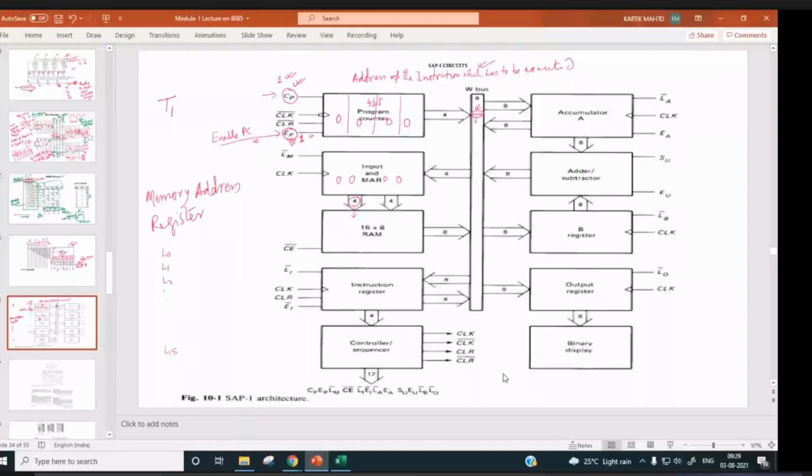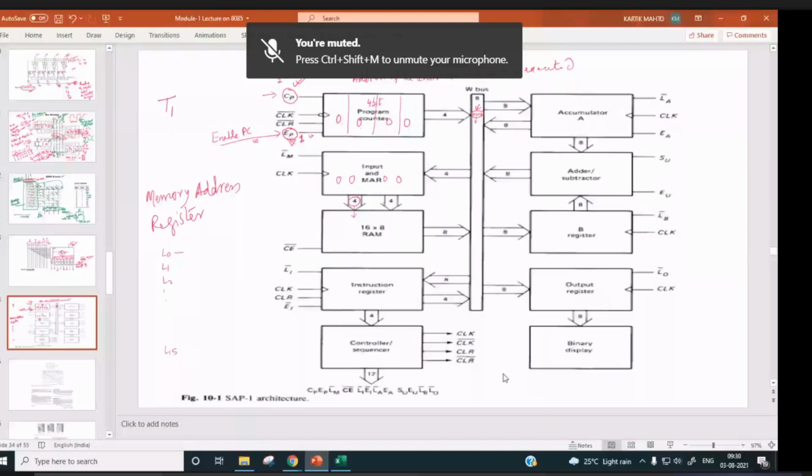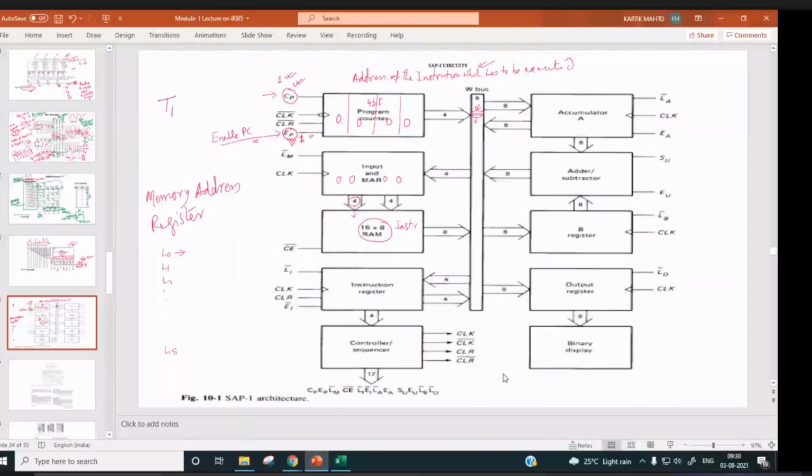Location 0. And in location 0, whatever instruction we have, the instruction will also be in the form of a 4-bit code. That instruction will come out from here only when the CE bar is made active.